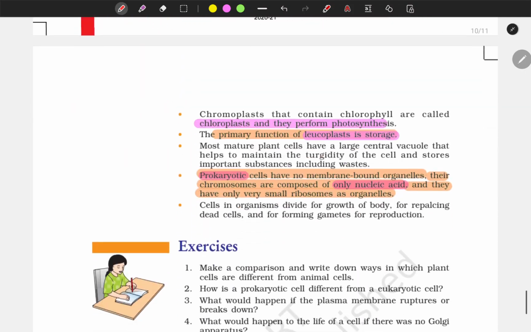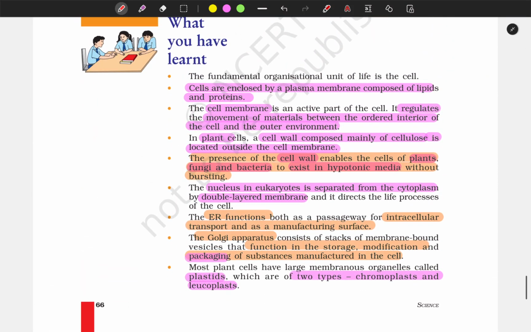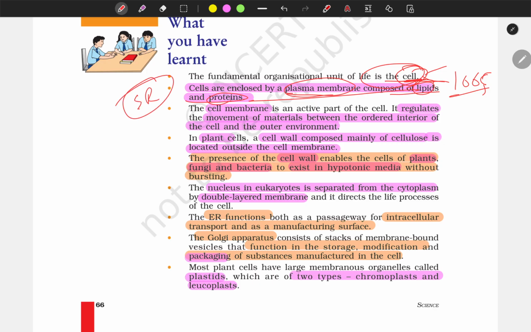Now let's quickly summarize the whole thing. The fundamental unit of life is the cell. Robert Hooke discovered and named the cell in 1665. The cell is enclosed by the plasma membrane composed of lipids and proteins, and lipids and proteins are formed in the ER, endoplasmic reticulum. The cell membrane is an active part of a cell. It regulates the movement of material between the ordered interior of cells and the outer environment